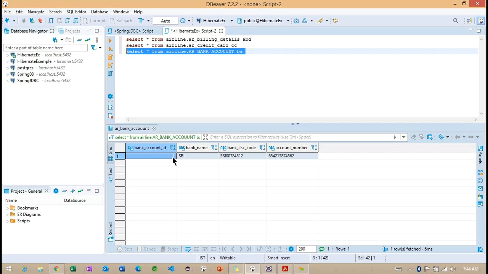So that this bank account ID will be different, but whatever the bank details ID we have, we can communicate to the billing details. We need to create one more column inside this bank account, so that we can easily understand this particular record is communicating with some billing details ID. But here what we are doing is making the relation between two tables with the same ID.